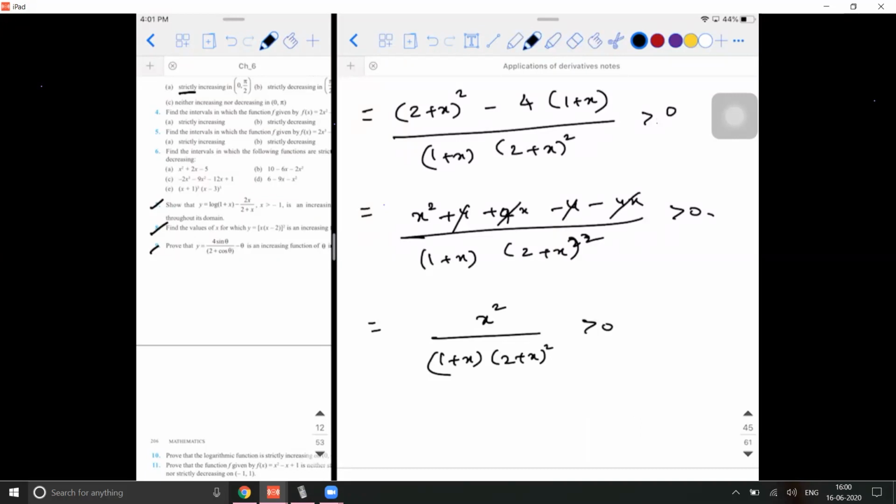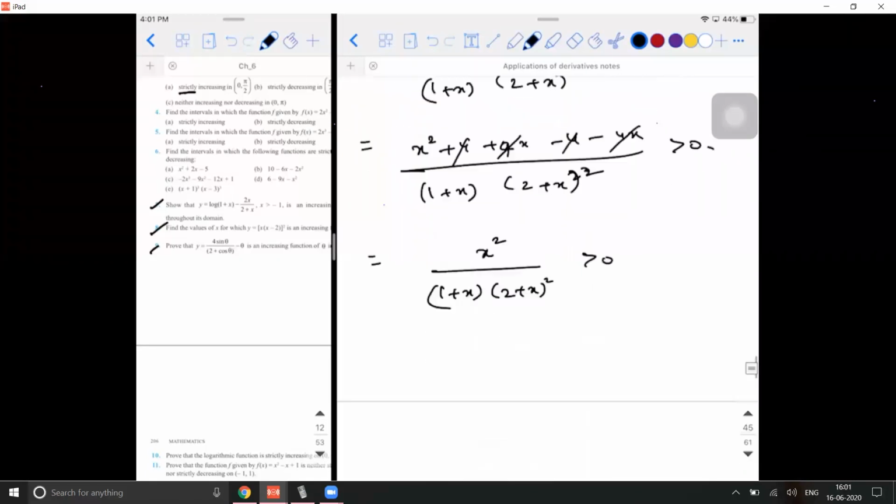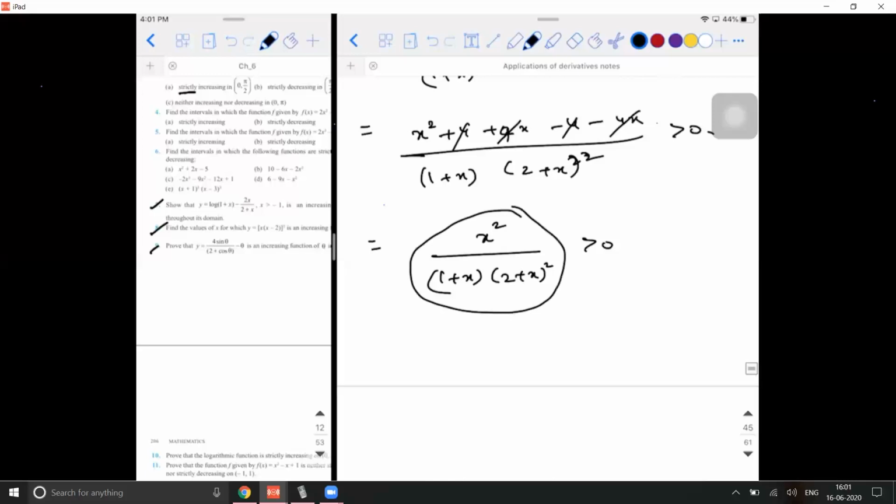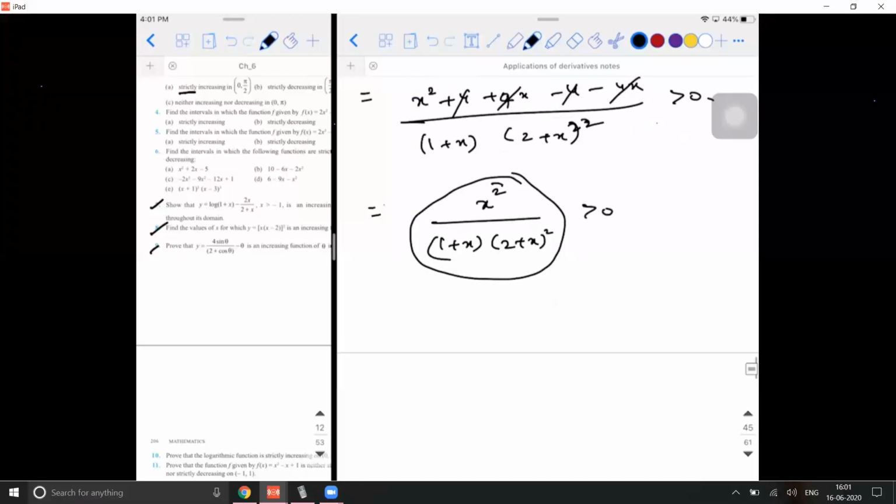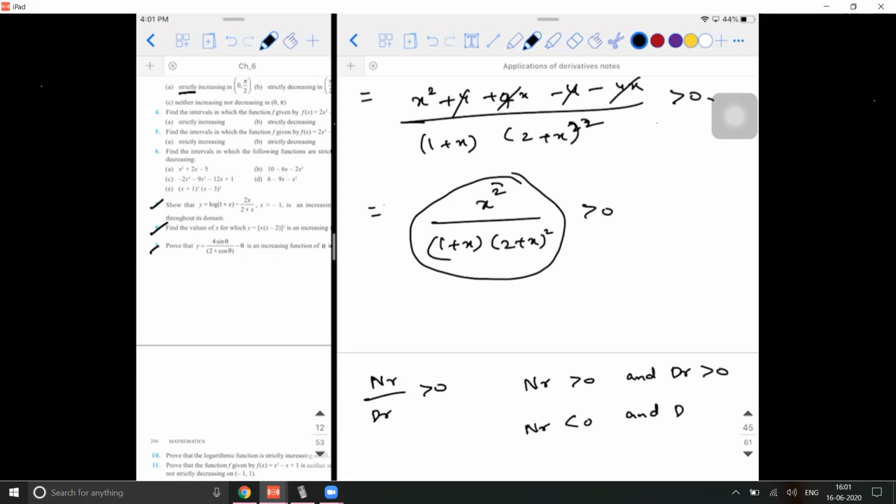Yeah. So this is the value. So I need to prove that this is greater than 0. Now we need to check what are all the values. Is this not a rational function? Tell me, if this whole numerator and denominator has to be positive, then what are all the different permutations and combinations possible? Say if I say a fraction numerator by denominator is greater than 0, then there are only two possibilities. Numerator, if it is greater than 0, then denominator is also greater than 0. Am I right? Or else, if numerator is less than 0, then denominator also should be simultaneously less than 0, because minus by minus will also get cancelled.